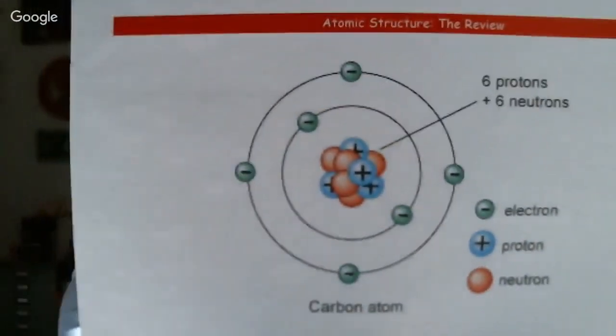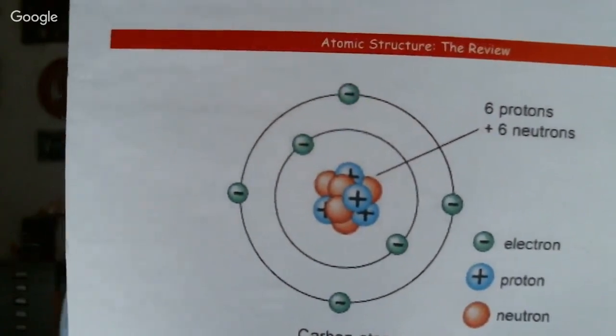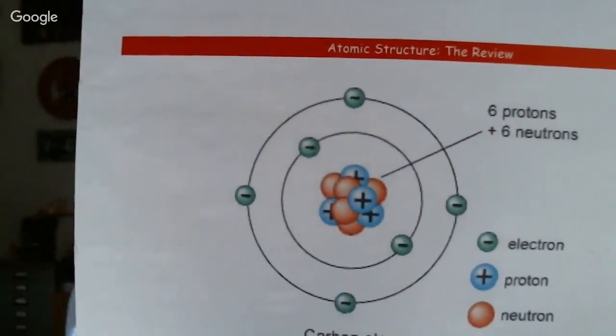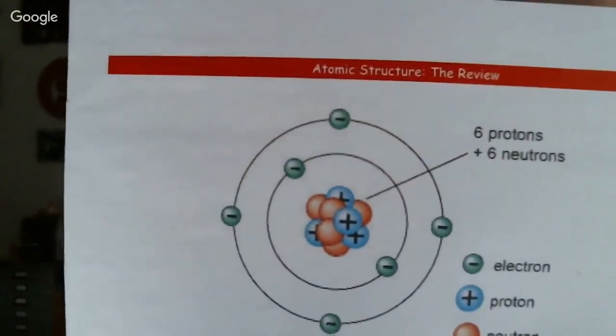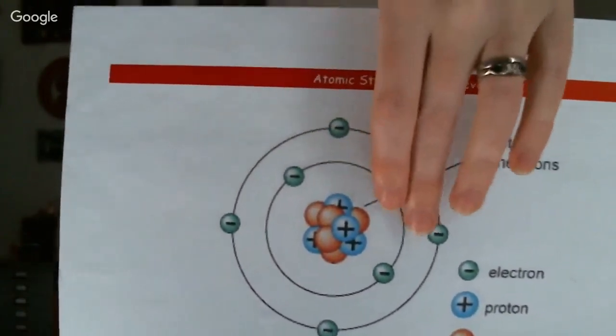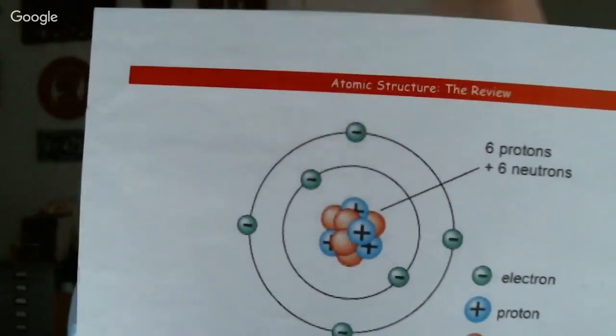When we think about the actual atom and its structure, this should be the diagram you're all really familiar with. What we've got in the center is the nucleus, which is made up of the protons and the neutrons. So the protons, the blue ones with the plus, the neutrons, the red ones with nothing. And then we've got these shells or orbitals around it that contain the electrons, the green ones with a minus